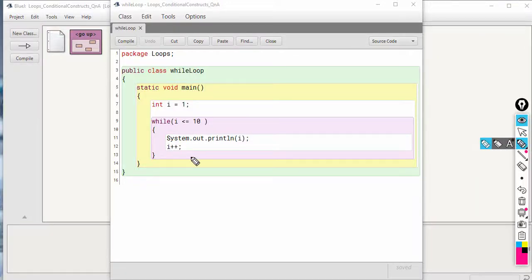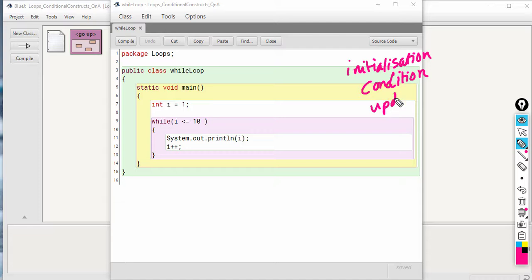In the last video I explained for loop, and in this video we'll see while loop and do while. As I told you in the previous video, every loop will contain three elements, okay? Initialization, condition and update statement. So both while and do while, they have all these three elements, okay? Only the placement is different.